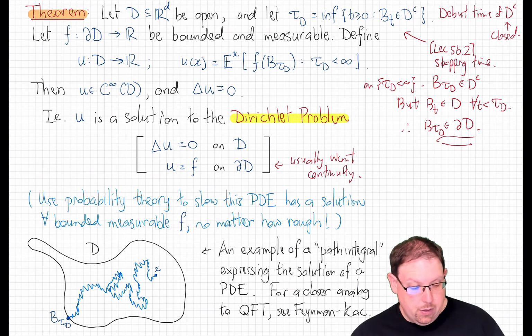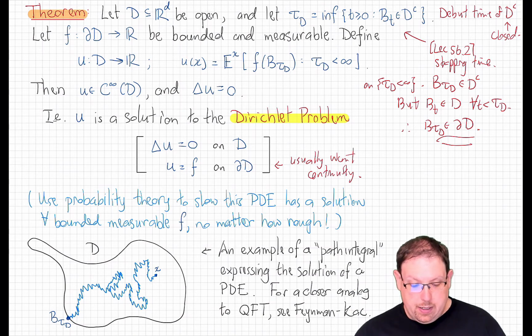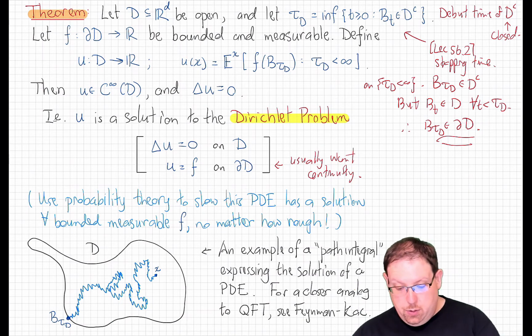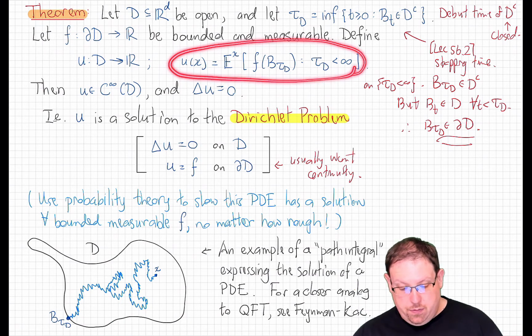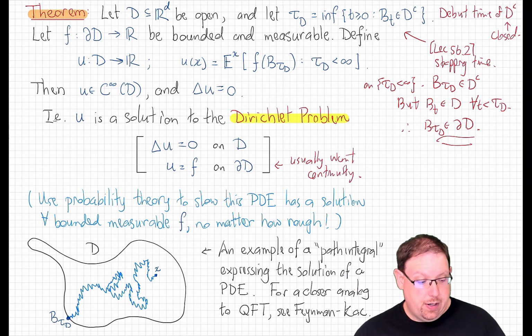After all, we could just take any harmonic function in the interior and then just define it to be f on the boundary, with no connection between f and what happens in the interior. In fact, with some more work, in the case where the boundary is reasonably nice, you can use this formulation for the function u to show that we will also get continuity of this function u up to and including the boundary, which is the full best kind of solution to the Dirichlet problem.